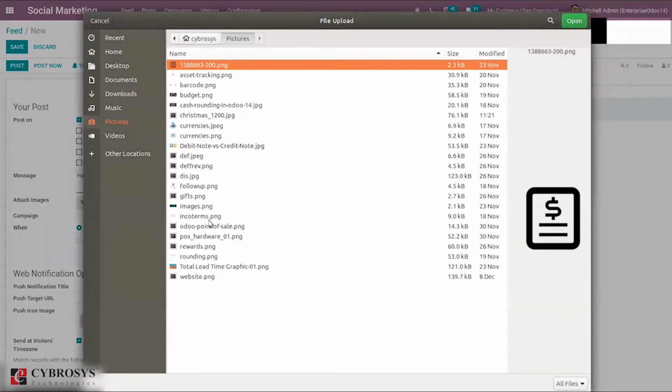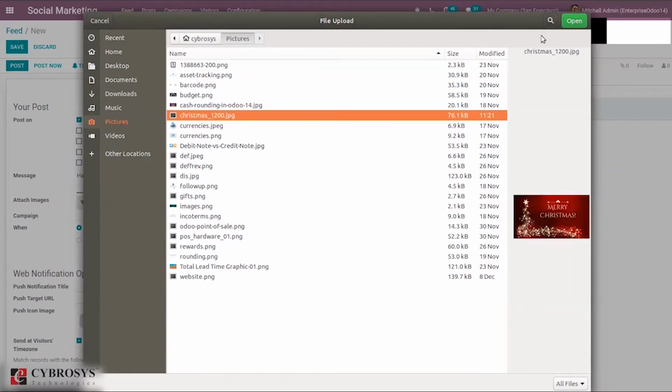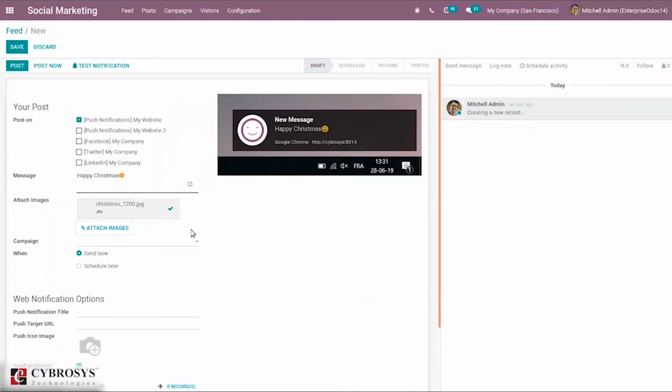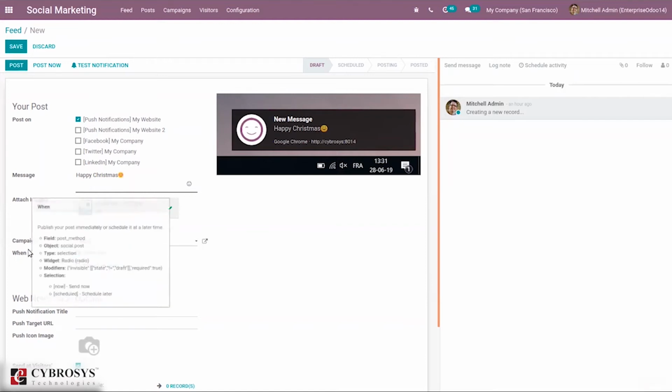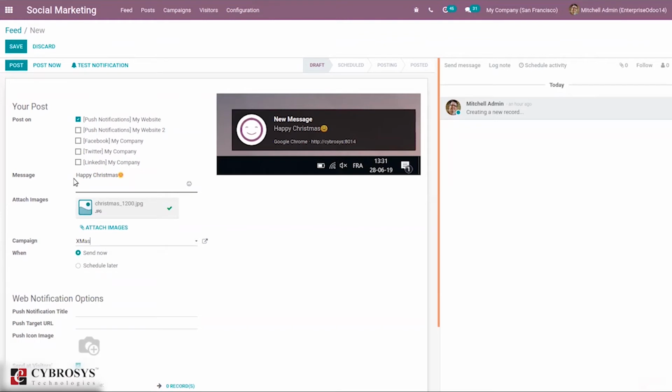From here we can attach images, and here we can add the campaign. So I am going to add Christmas promo, and here we can set an option, that is when to send this feed or post.